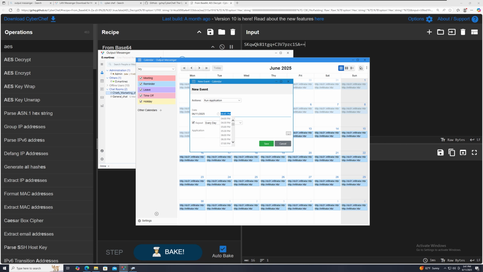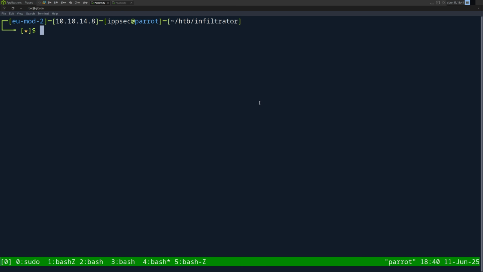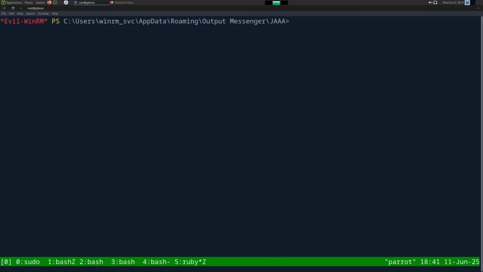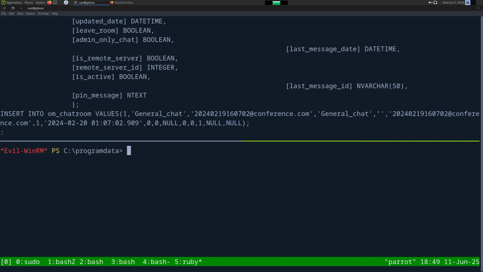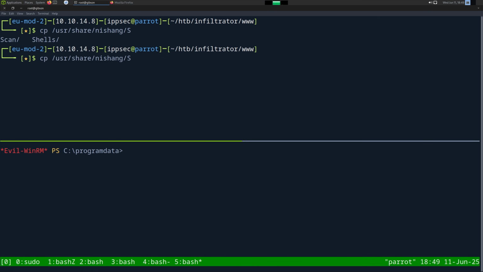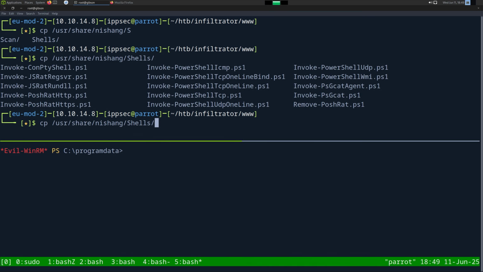And as long as this app is open on the computer, it should execute. So let's switch back over to our Linux box where we have WinRM open. I think that's in this pane. 5. There we go. Awesome. And now we just need to create a bat file or an executable that will send us a reverse shell. So to do that, we're just going to go back to our box, go in our www directory, and do cp /usr/share/nishang. Is it shells? Yep, shells. Then Invoke-PowerShellTcpOneLine.ps1